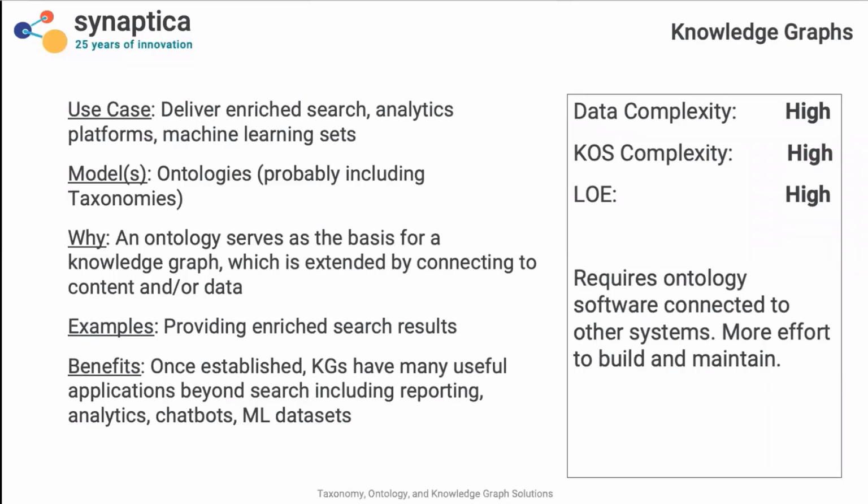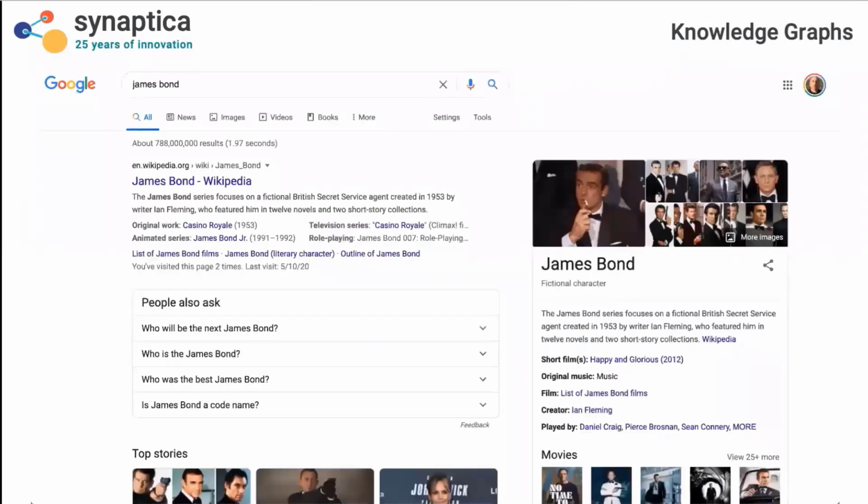The paradigm for knowledge graphs, and the way most people have been introduced to knowledge graphs, is still the Google Knowledge Graph. The genius of the Google Knowledge Graph, of course, is that you don't have to do anything to interact with it. You just use Google as you normally would, and on the screen you see here, which is a Google search for James Bond, on the left side of the screen you get traditional Google results, a list of websites